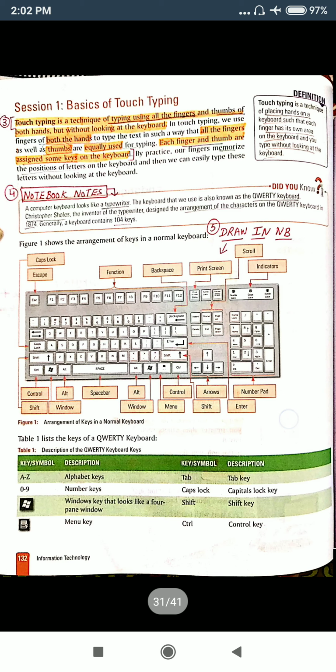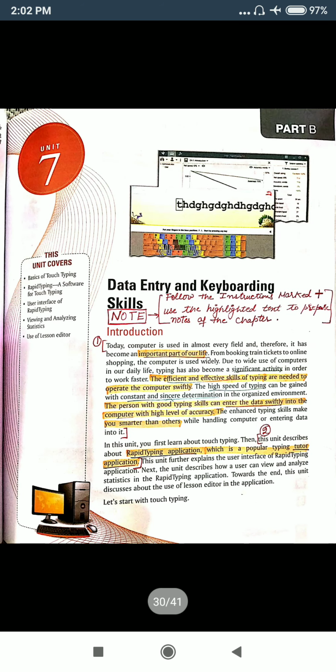I'll give the PDF of this particular chapter. You can see it, you can mark it in your book and start preparing your notes from today only. And on coming Monday, there will be a test of chapter 1, so do revise that also. Don't miss out the practice of that chapter also. Fine, so let us start our chapter.